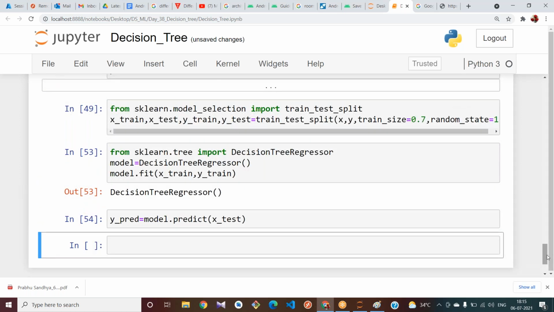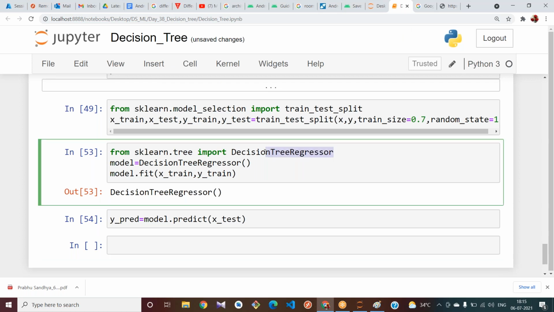What are the evaluation metrics for a regressor? Please tell me. Here we are using the regressor. What are the evaluation metrics for regression? R2 score.